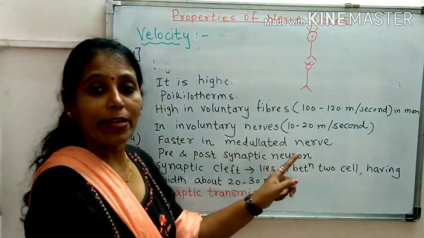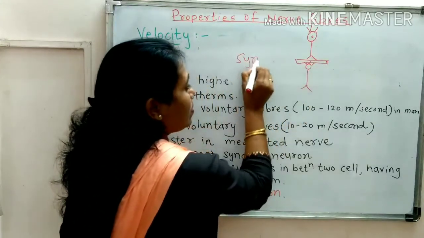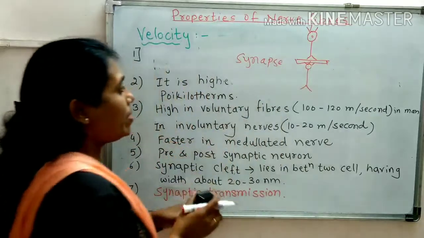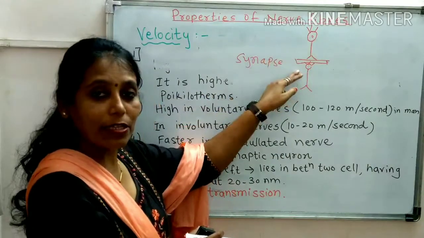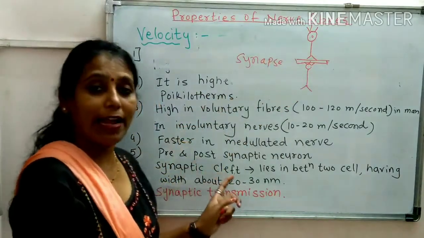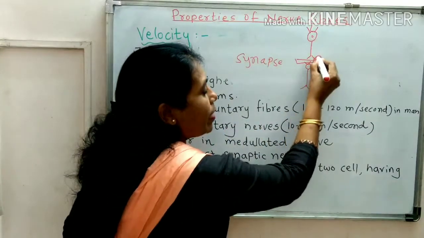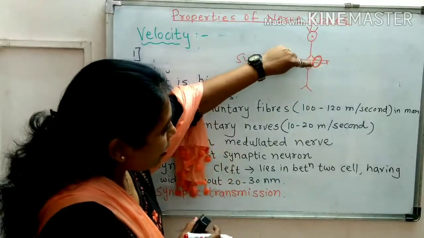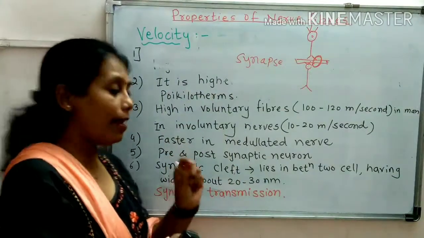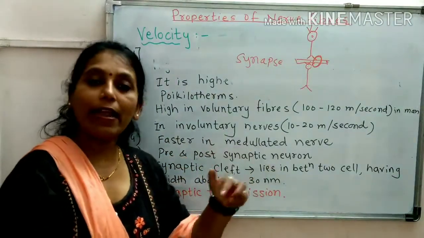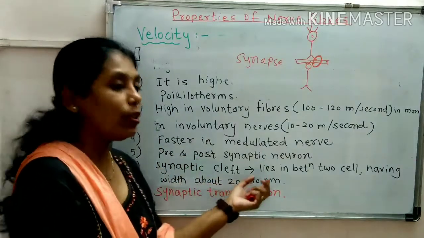Pre and post synaptic neuron. This big structure is called the synapse. So presynaptic means the neuron before the synapse, and after the synapse is called postsynaptic. Synaptic cleft is just the gap in between. Here the gap between the axon terminal and the starting of the dendrite, that small gap, is called the synaptic cleft. This synaptic cleft lies between two cells and has a width of about 20 to 30